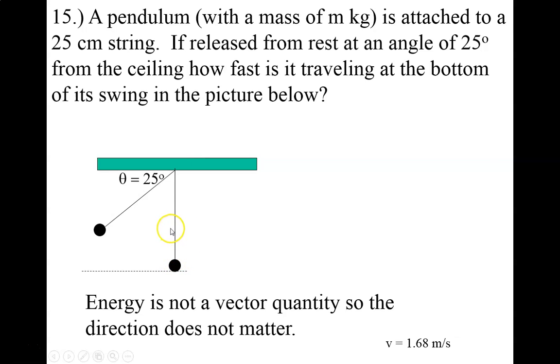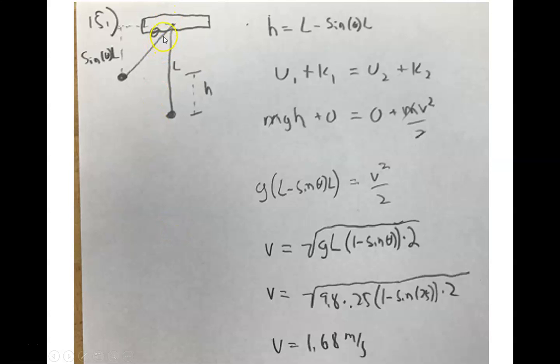So let's take a look at that. Here's our picture. We're starting with an angle of theta, and our string length is L. We just called it L. We know that when it swings down, it's going to drop down a distance of h. That's going to be how far it falls, and that's going to be what determines how fast it's moving: this distance h that it falls. Not necessarily how high it starts out, but how far it falls down.